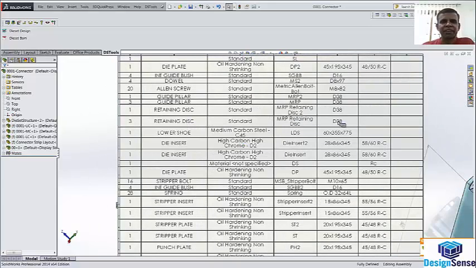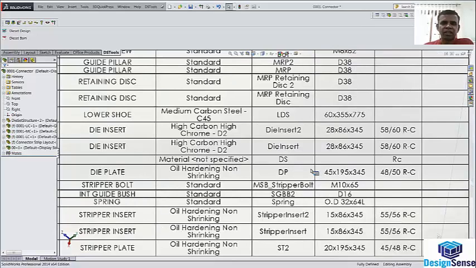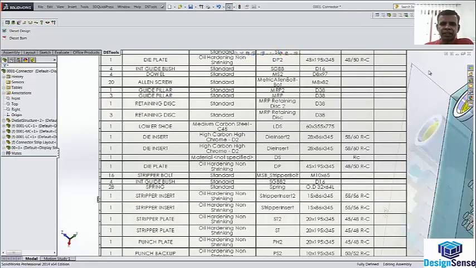If you look at it, it has all the information that is required for the manufacturing person to look at: what kind of hardness is required, what is the size of the different plates, and what is the material being used for that particular part. When I create a drawing,